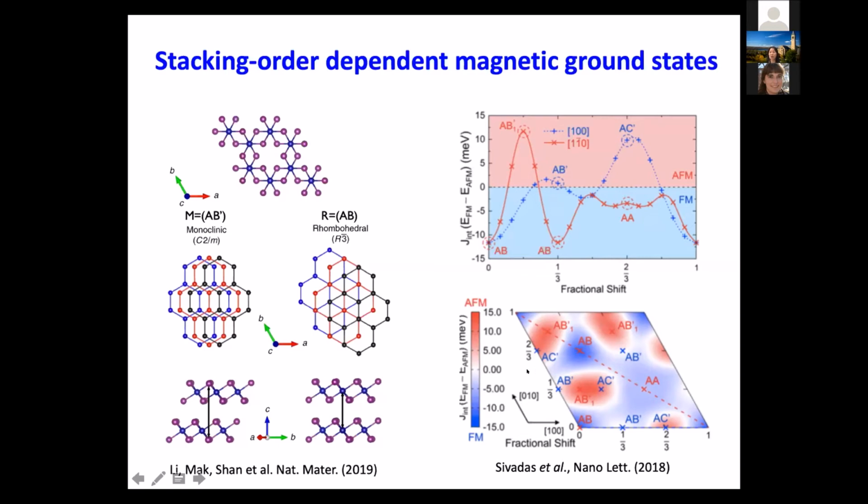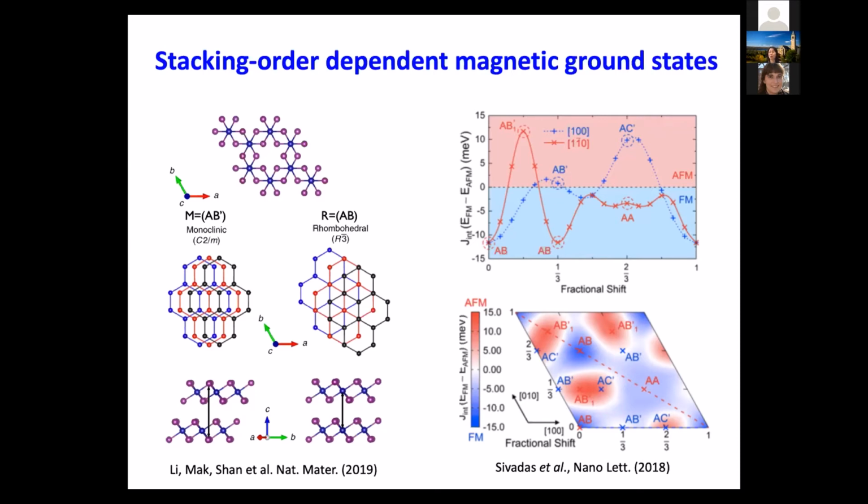So what they're trying to show, the blue areas correspond to ferromagnetic interaction dominates between the layers, and the red area corresponds to antiferromagnetic interaction between the layers. And the axis is like you shift one layer with respect to each other along the 100